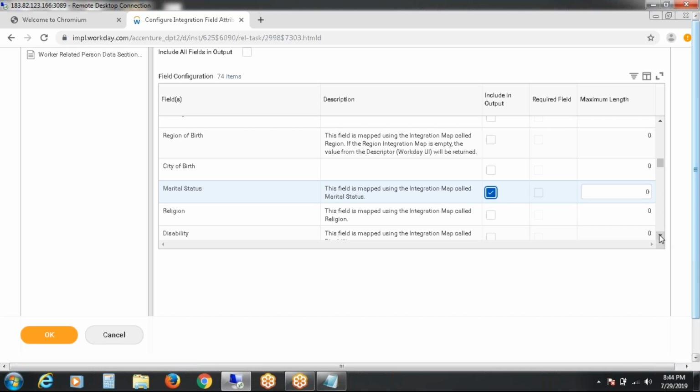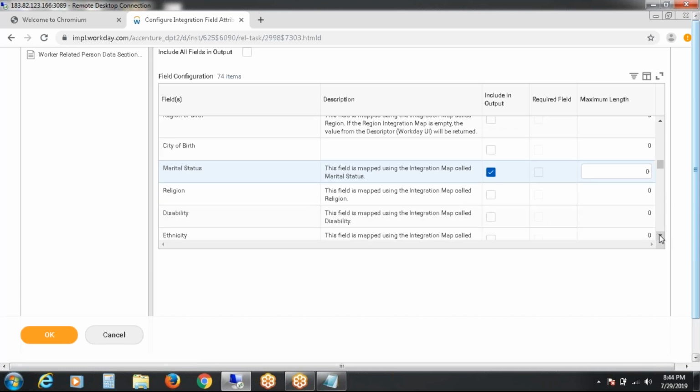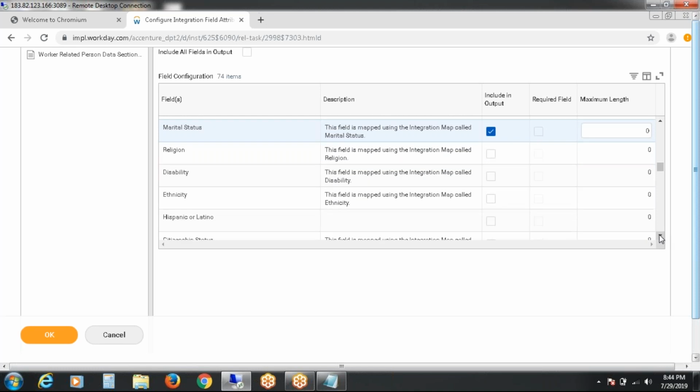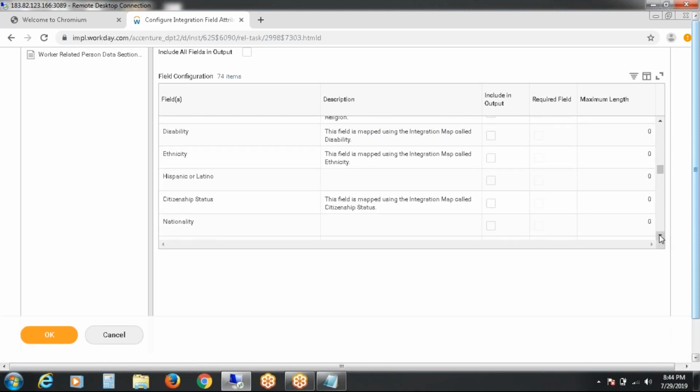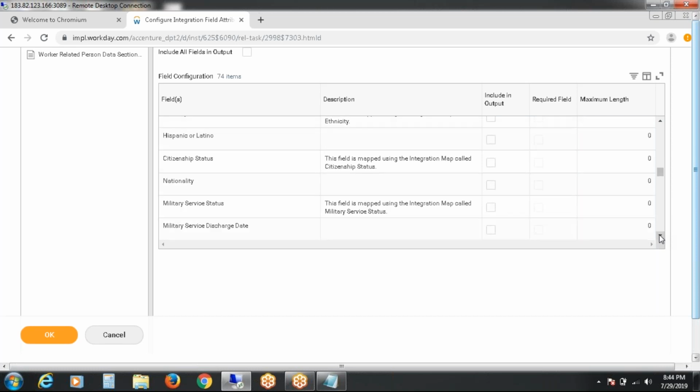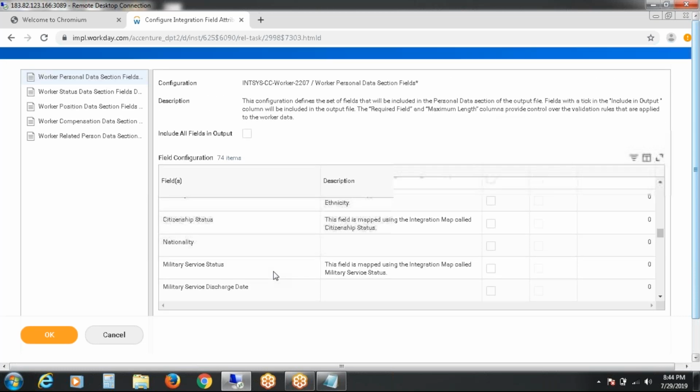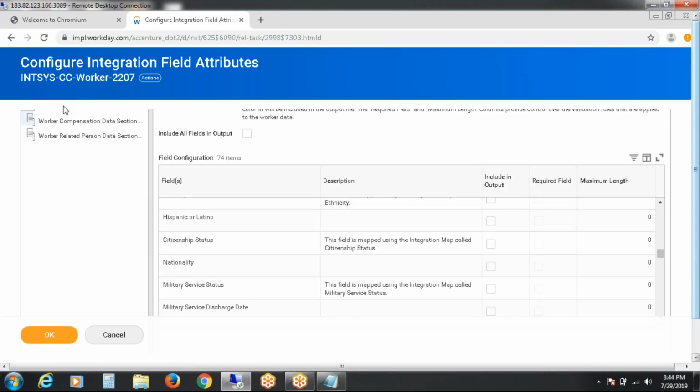So disability, no, I am not, because there is no policy that I will take disabled employees. Citizenship status. So based on the task, you will select the fields and all. So in personal data, I have selected few like first name, last name, and other things. Now I am going for another service. Go to work status.